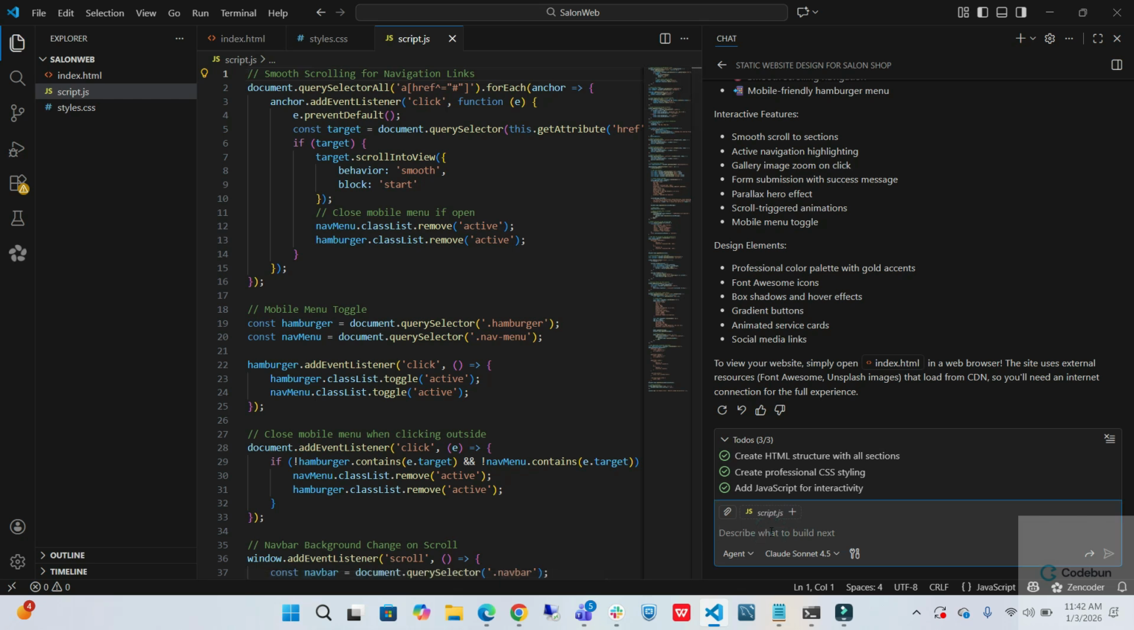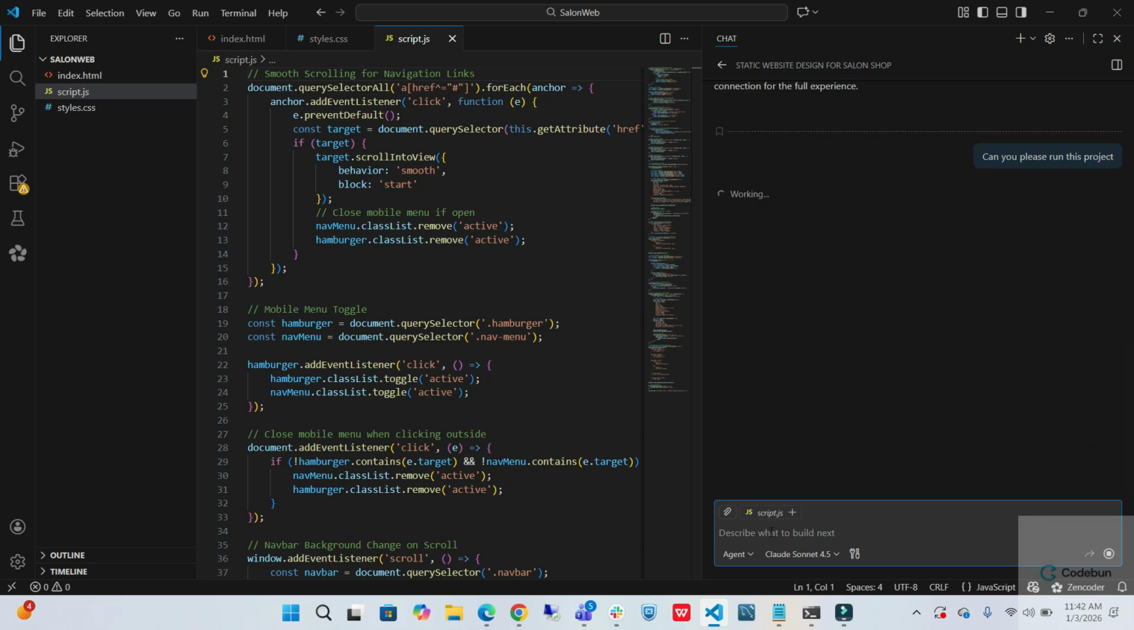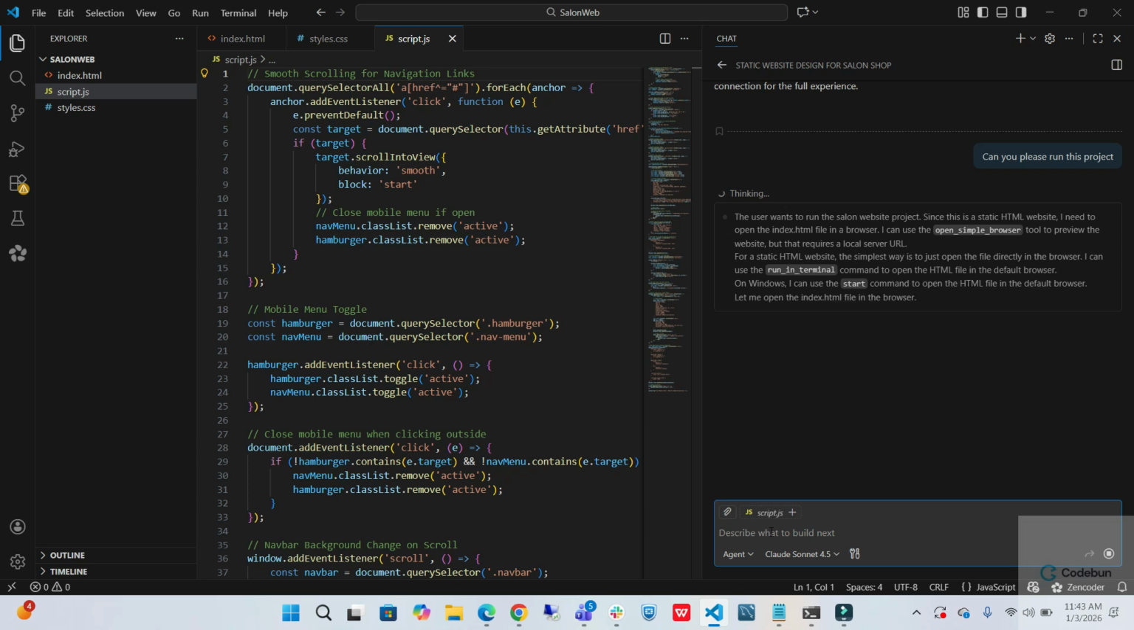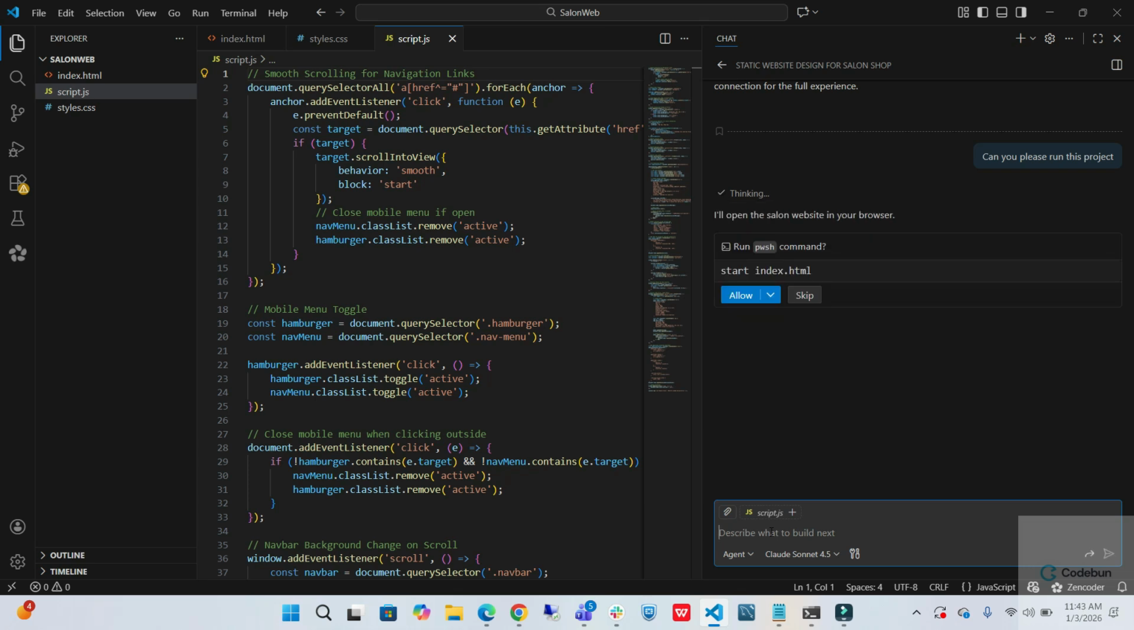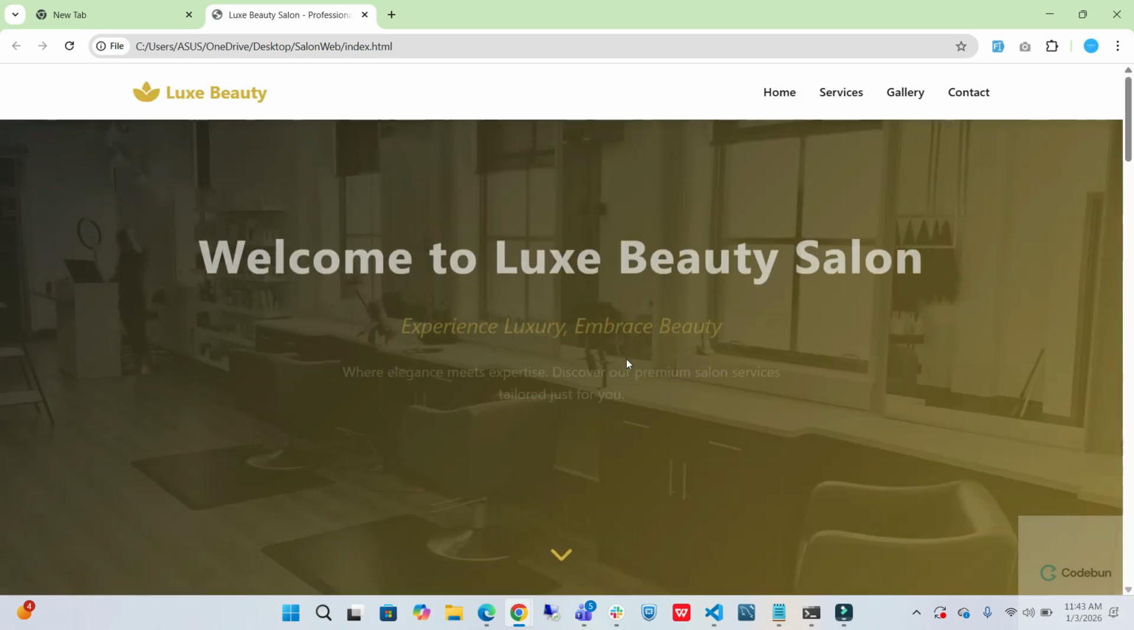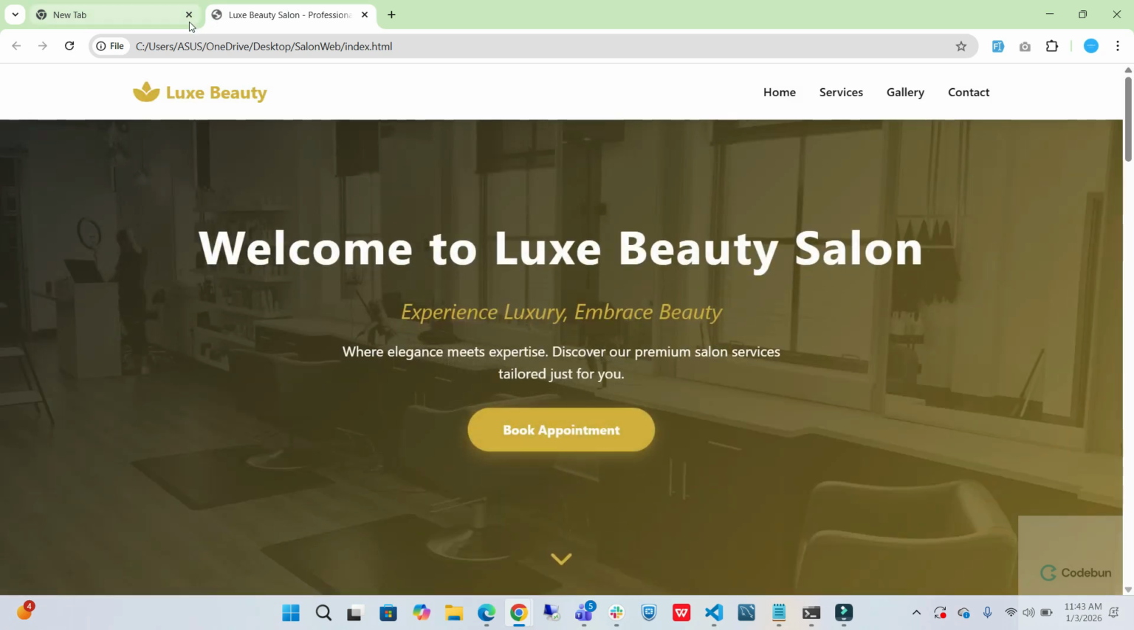So I can ask this agent, hey, can you please run this project for me? Yeah, again it's thinking, it will connect with your terminal, and it will ask you to pass the index.html command from your command prompt, and boom, it's in your browser, the file is running, and it's generated